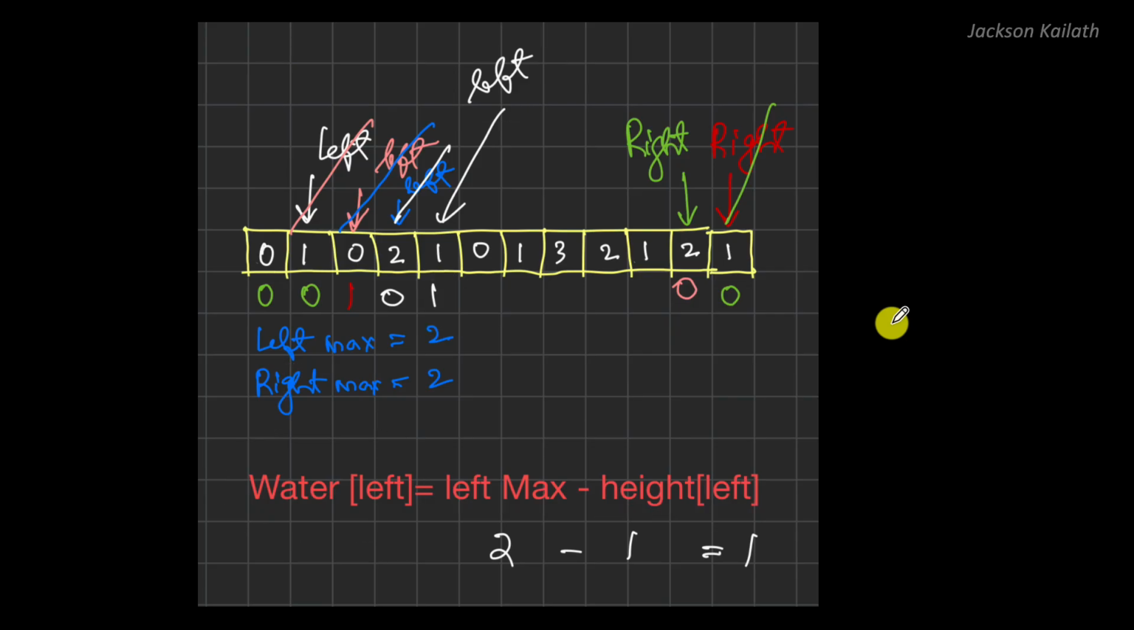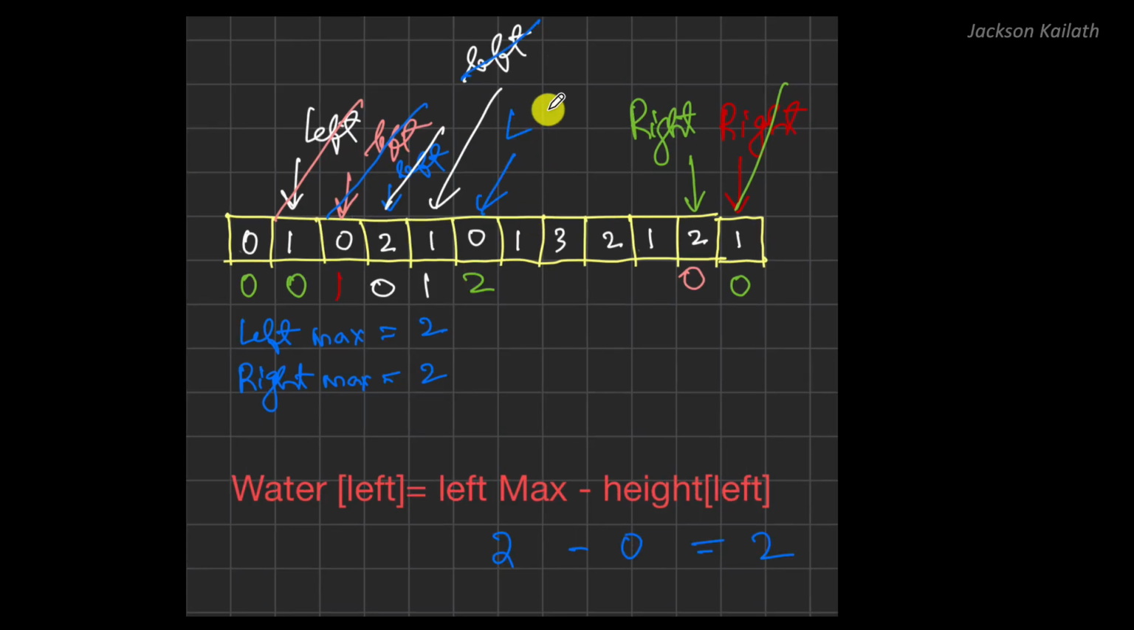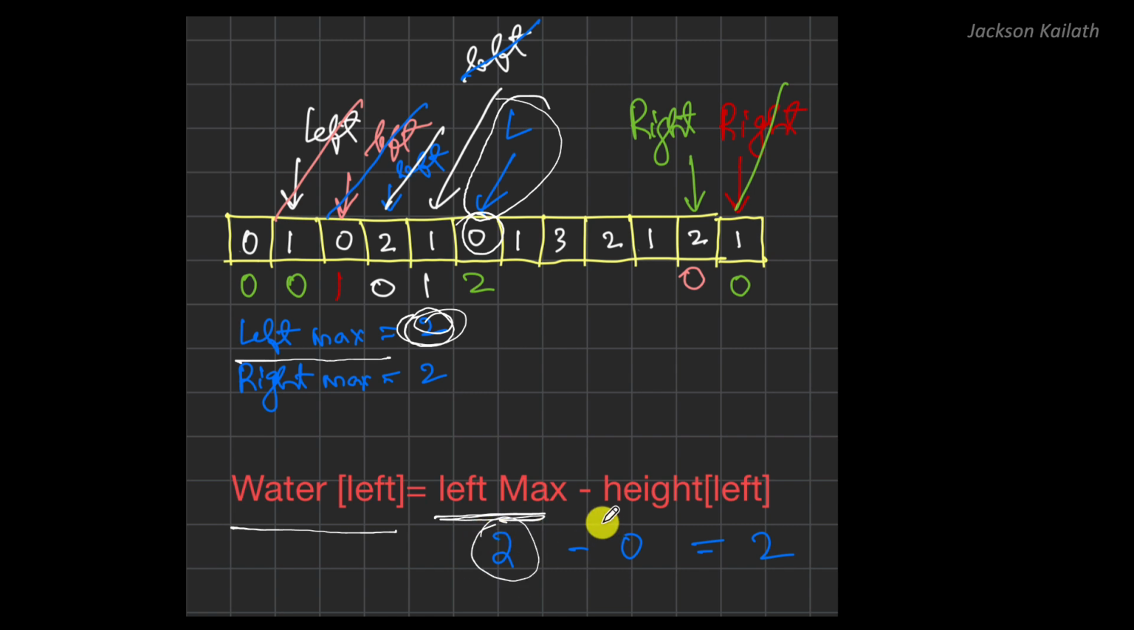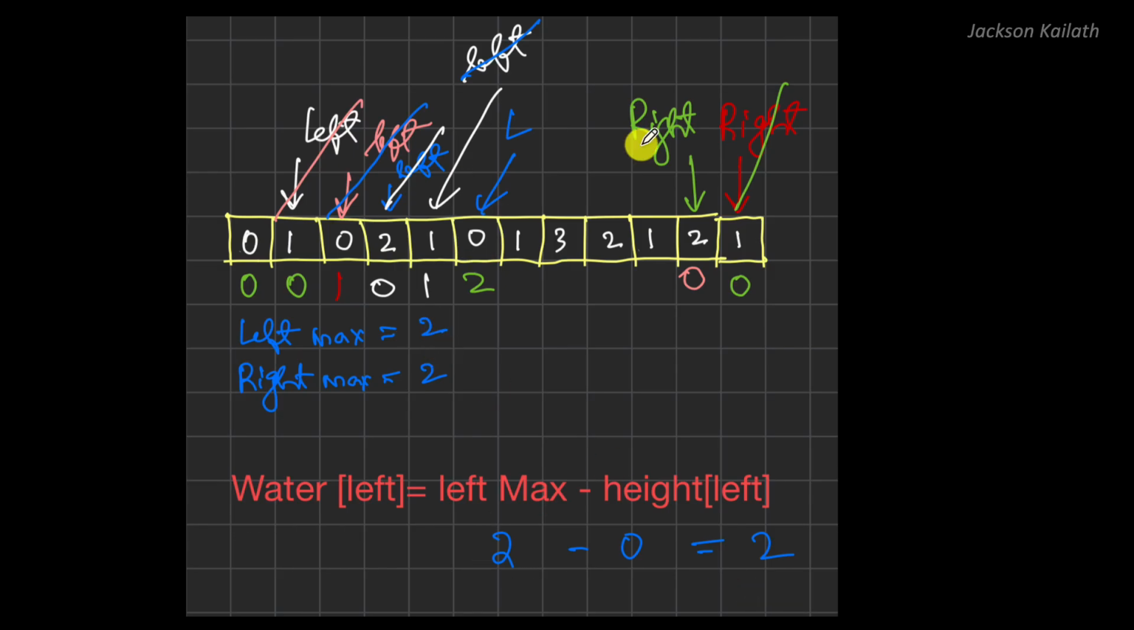Again, let's proceed. Left max is 2, right max is 2, they are equal, therefore we will move the left pointer. The left pointer is pointing over here, and we don't need to update left max. We got 0, we had 2, 2 is greater than 0, we don't update this. And then we compute water at this place, which is water at left, is left max, which is this 2 over here, minus height at left, which is equal to 0. Okay, and 2 minus 0 is equal to 2,